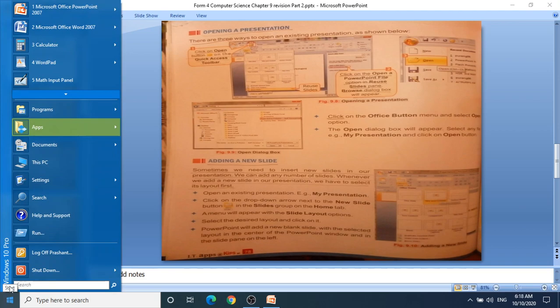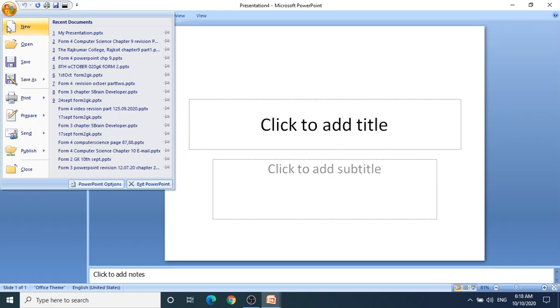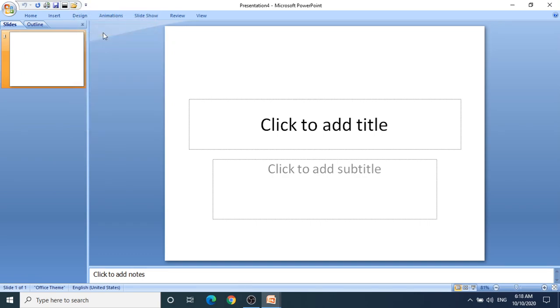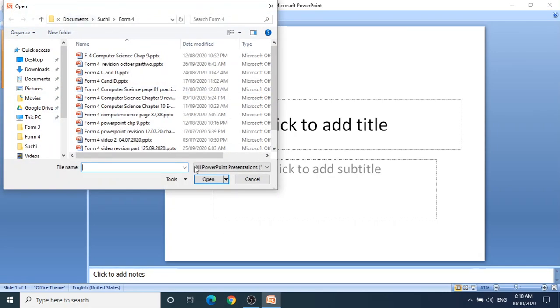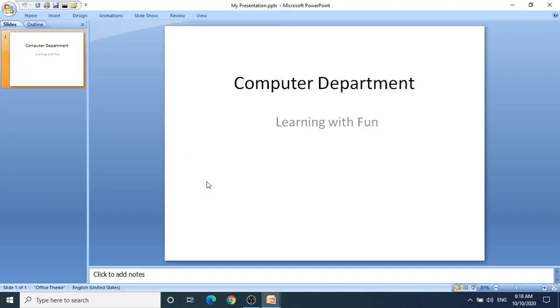I'll click on start. I'll open a new file, right? Now first one is from here, open. From quick access toolbar, open. Now my presentation, I opened it.